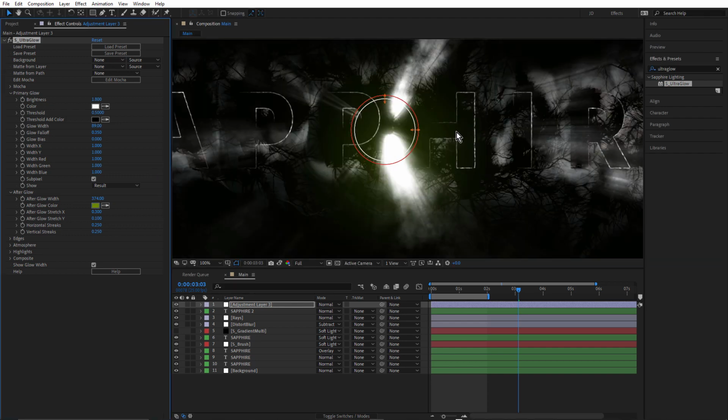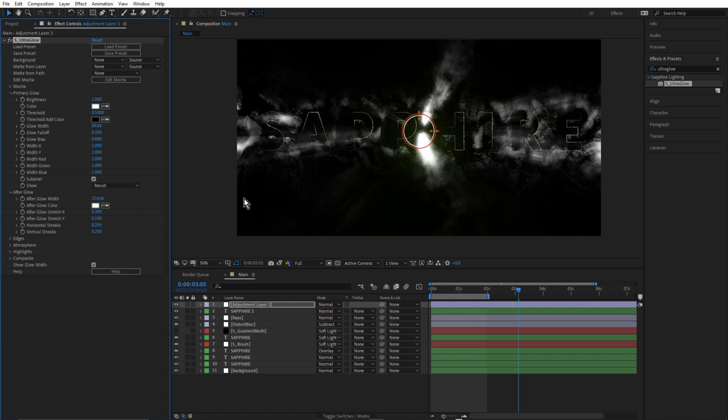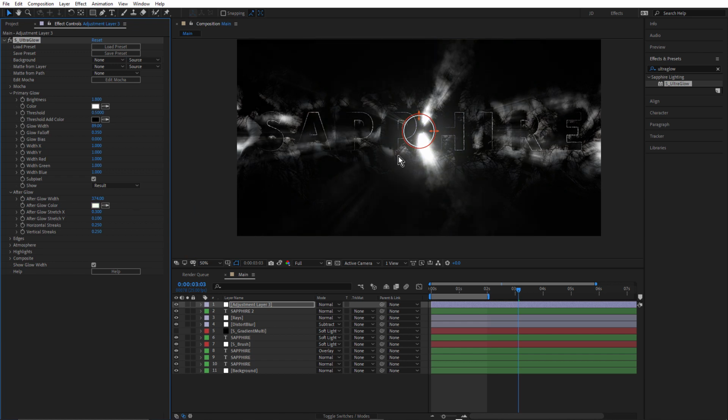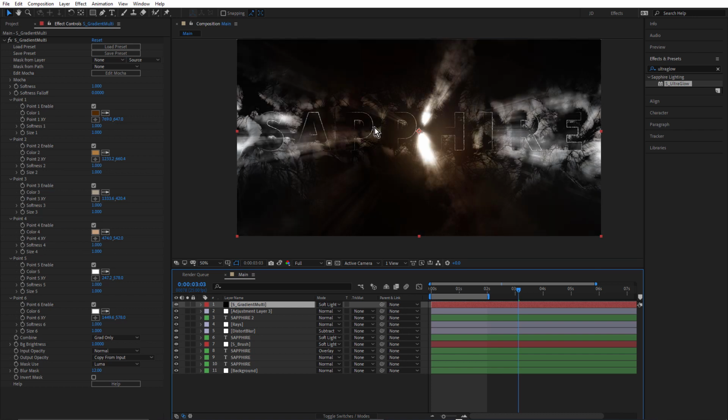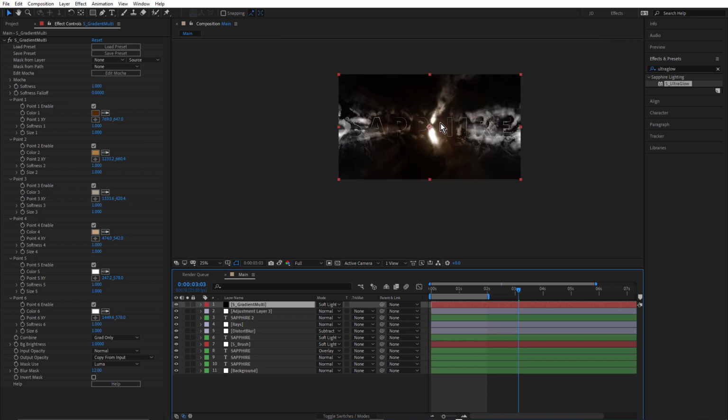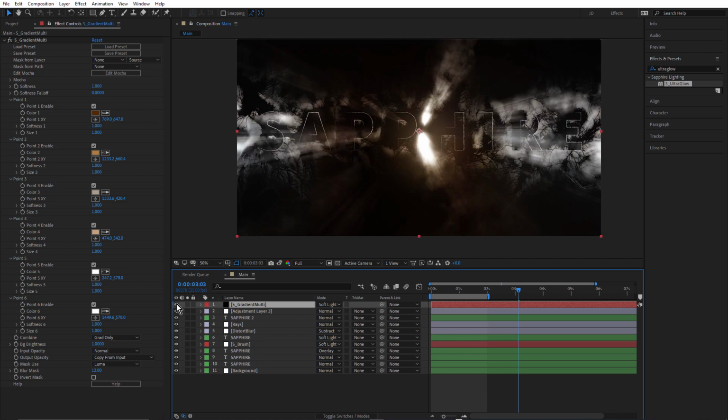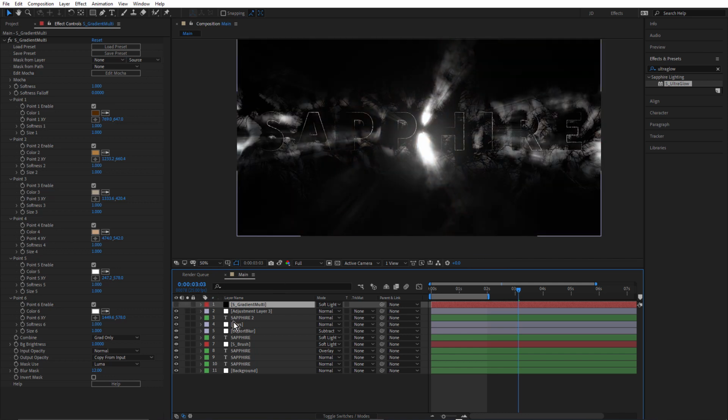It's not bad. Gonna undo that. I prefer it like that. And if I was going to colorize it, I'd add the colorization over the top. What if I brought that right up, gradient multi, and just turn that on? Yeah, because that can colorize it if that's right at the top. If I wanted to do that, I'm going to turn that off for now. But I think it's pretty close.